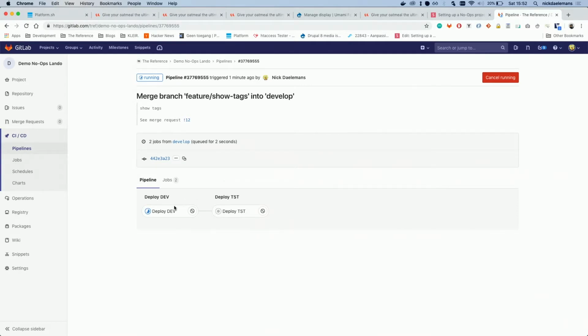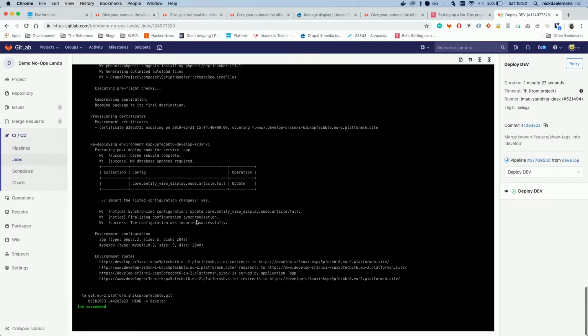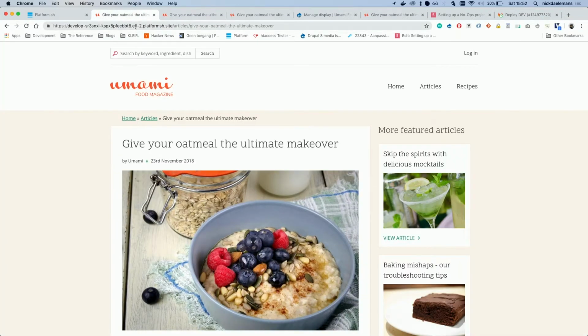So let's have a look again at the deployment, where we are. Should be almost finished by now. Okay, so we see that the job succeeded. We immediately receive from Platform the endpoints where we can access the site. So we are going to have a look in our development environment and see whether this has changed. Just to be sure, the URL is on Platform.sh right now. And if we have a look,